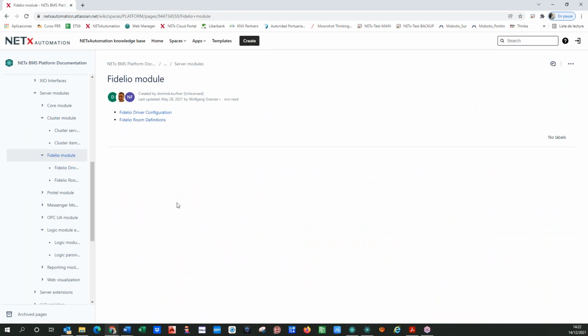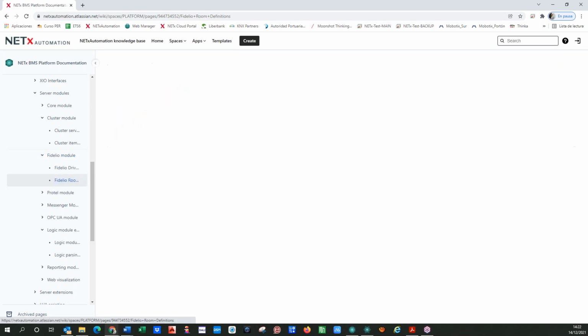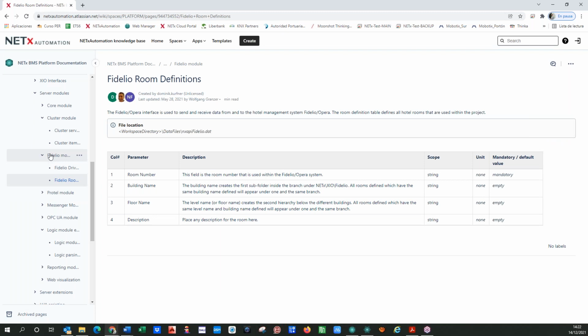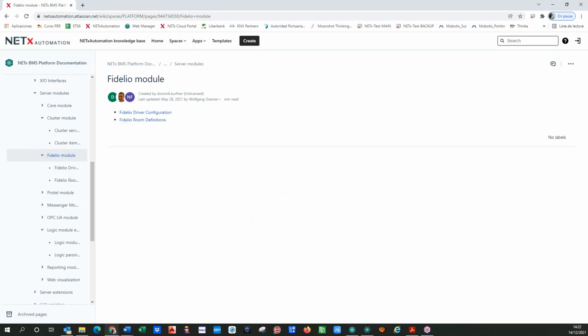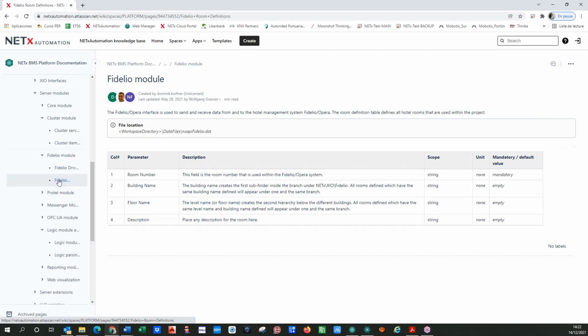This is only if in the hotel you have Fidelio installed. Fidelio is Oracle's PMS, or property management system, that you have to include in the BMS if you want to integrate the information coming from Fidelio and integrate it with the